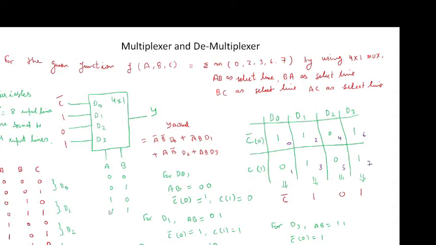So for D1, AB is equal to 0, 1. Now when AB is equal to 0, 1, then C bar or C is equal to 0, it lies on line 2 and line 2 is present here, so I will write 1. C bar 0 will be equal to 1.